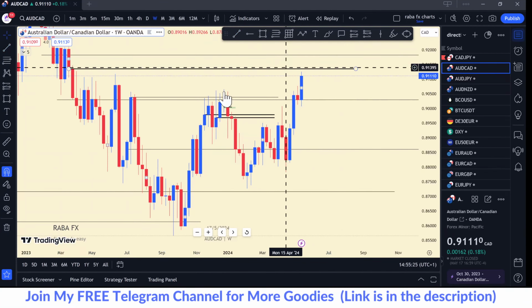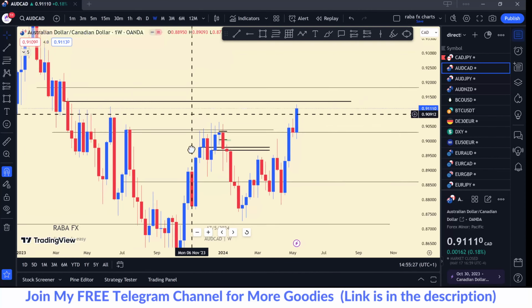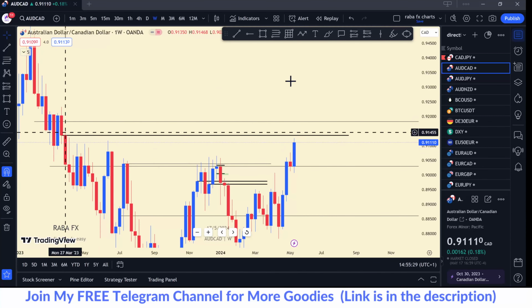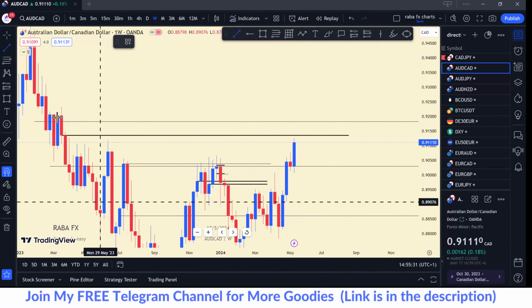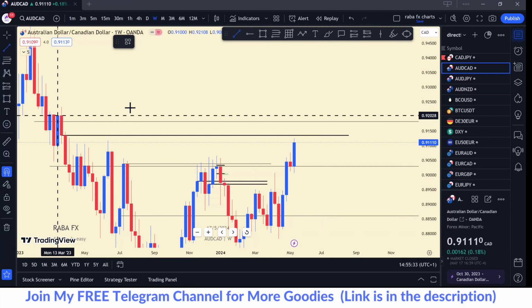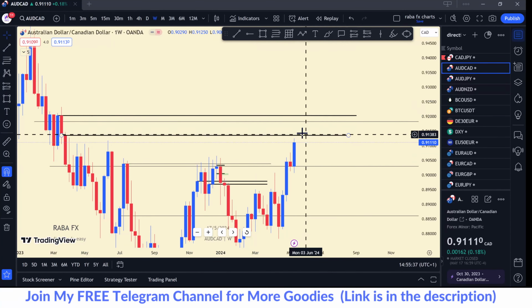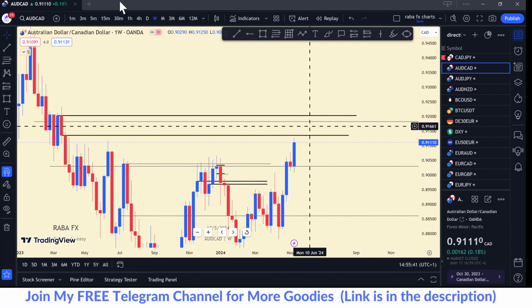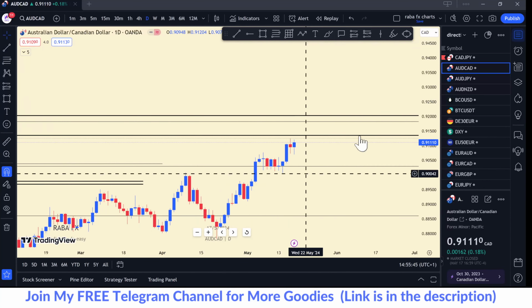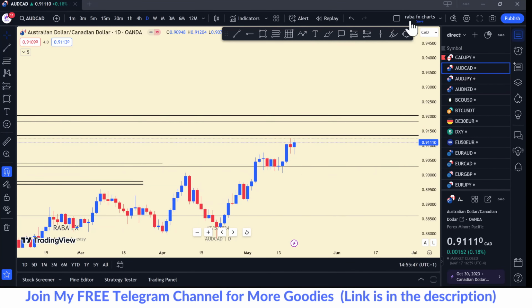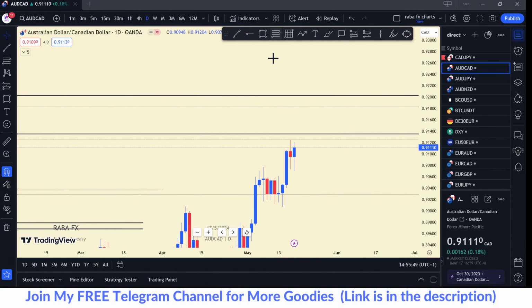For me, I'm looking at this area. Okay, why am I looking at this area? This is a fresh opening price before we look at the extreme here. Okay, so price is expected to push higher at least until it gets here. So on the daily, because on the weekly there's nothing I can do, the distance is too far.